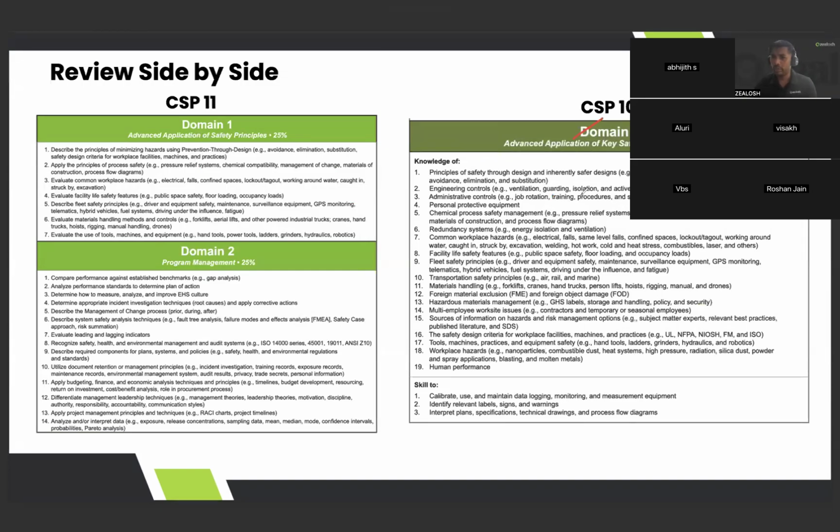Now, side by side review, if you see domain number 4. Previously, it was domain number 4 in CSP 10. You already know now, CSP 10 is the previous syllabus. CSP 11 is the new syllabus. So CSP 10 is whatever was there in the syllabus of advanced safety concepts: safety through design, engineering control, administrative control, PPE, chemical process safety, OSHA, PSM related questions, redundancy related, parallel connection related questions,